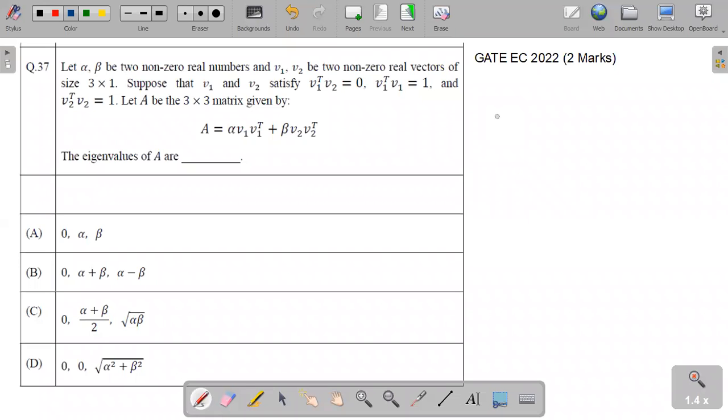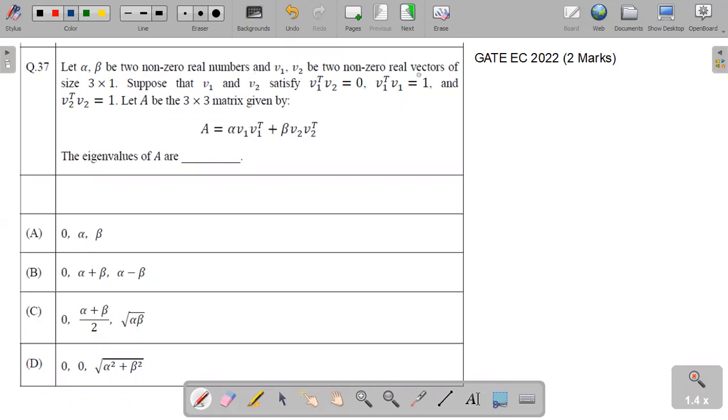Hello, this is Abhishek Kumar, and in this video, I am going to discuss a Mathematics 2-mark question from GATE 2022. So the question says: let alpha and beta be two non-zero real numbers and b1 and b2